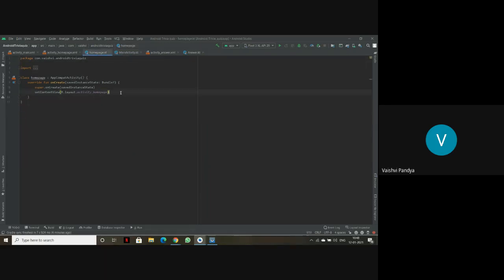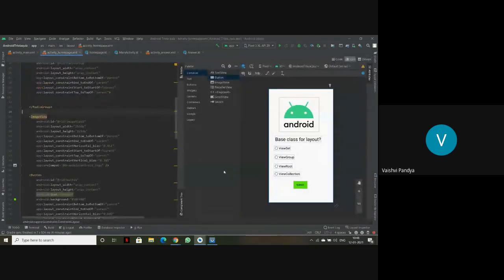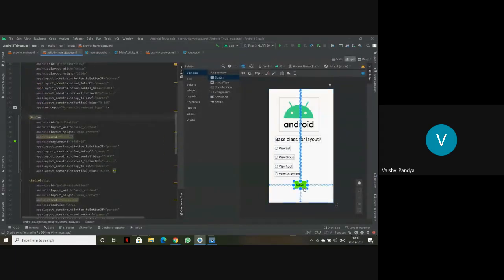But before that, we'll have to go to the answer homepage KT. We first copy paste the option, and then we'll go to the homepage XML and we'll see what the button ID is. Here for the button ID we have given the full button.